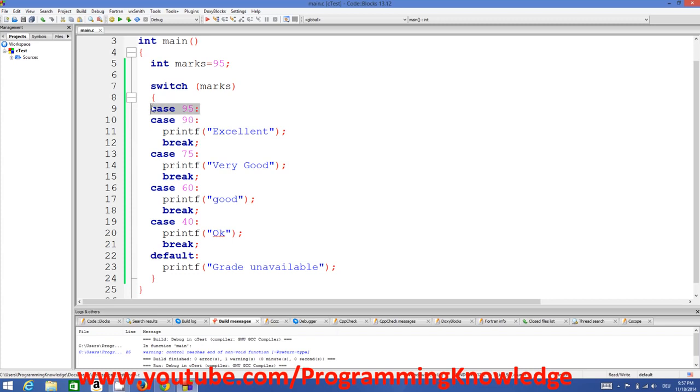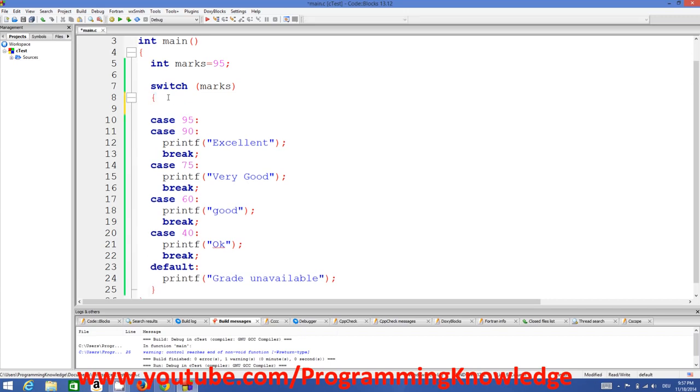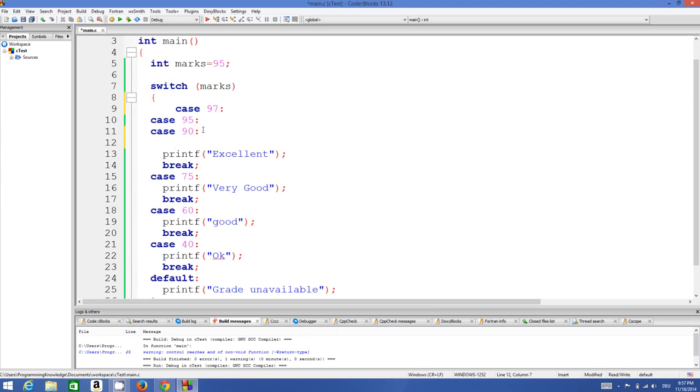In this same way you can provide the same cases for example 97 or even 85. You can do 85 here, and all those 4 cases will be covered by this statement. Okay,